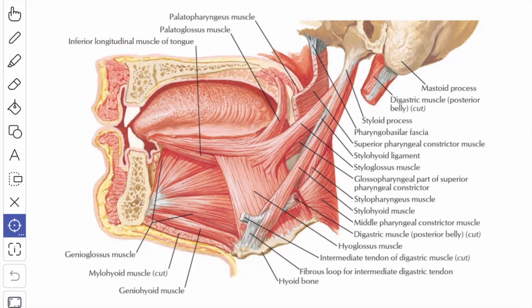Next, we'll see the role of the tongue in speech. The vowels are produced by the extrinsic muscles of the tongue, which produce a different configuration of the resonating chamber for each vowel. The consonants are produced by the intrinsic muscles of the tongue, so that the tongue is separated from the teeth, gum or palate by a blast of expired air.